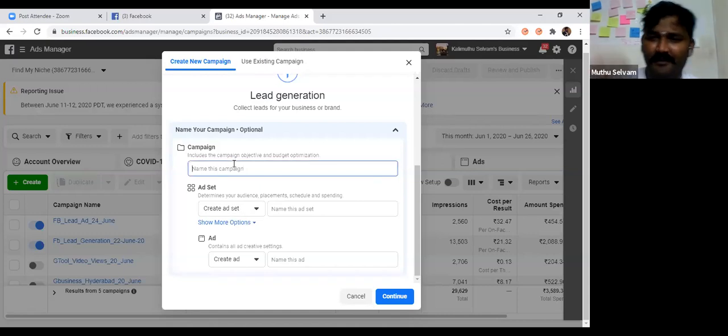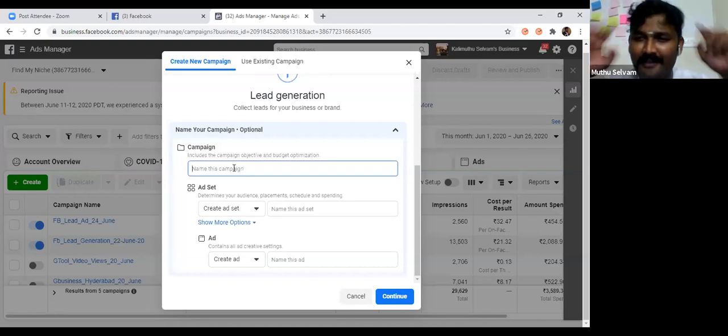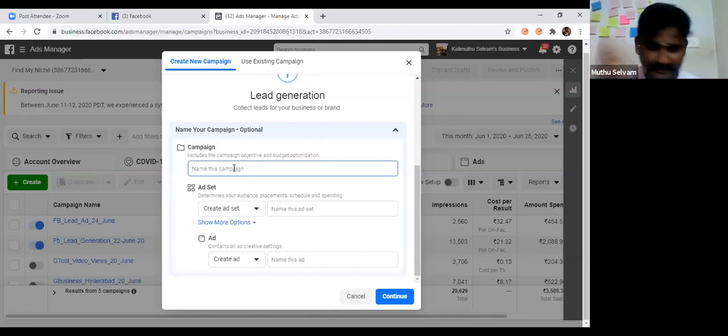What is the name? Let me take my example. Say, for example, you all came here because of 99 rupees. I put an advertisement, 99 rupees Facebook lead ad. Let me show you how I generate the lead ad. FB underscore, it is only for our name, only for our reference. There is nothing like that. I am putting underscore, but you don't have to use the same format. You can create any name, the only thing is you should remember what the name is. FB lead, I am putting that today.